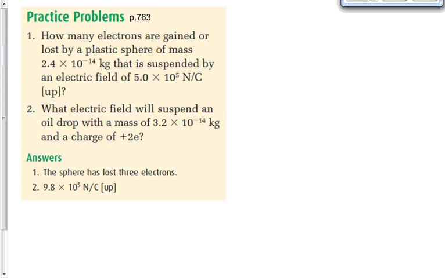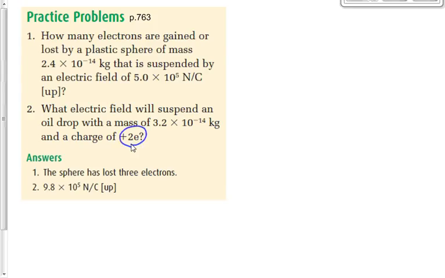Let's try page 763 for the next few minutes, please. Take a look at number 2 here. It says, what electric field will suspend an oil drop with a mass of 3.2 times 10 to the negative 14 kilograms and a charge of plus 2 times the elementary charge? We've seen this